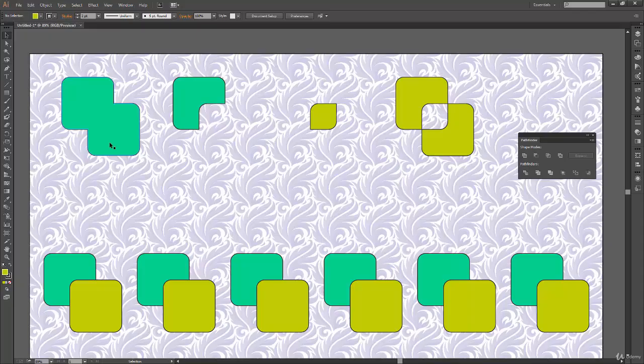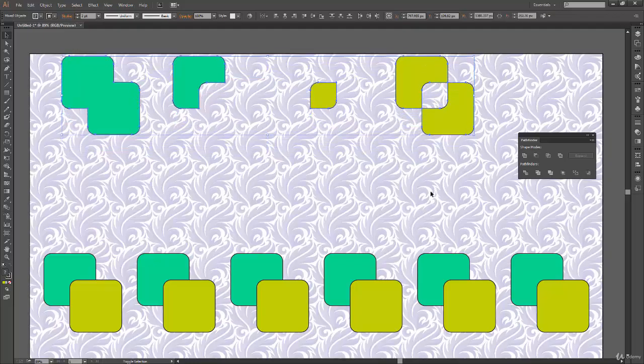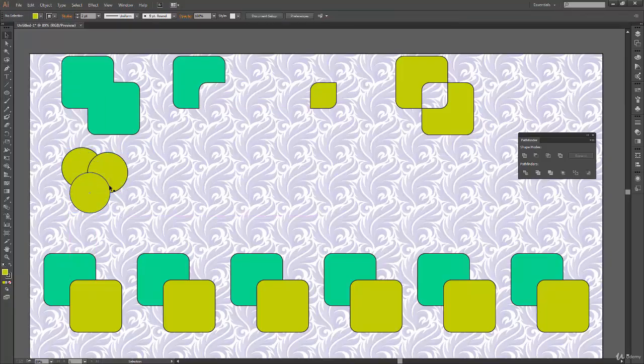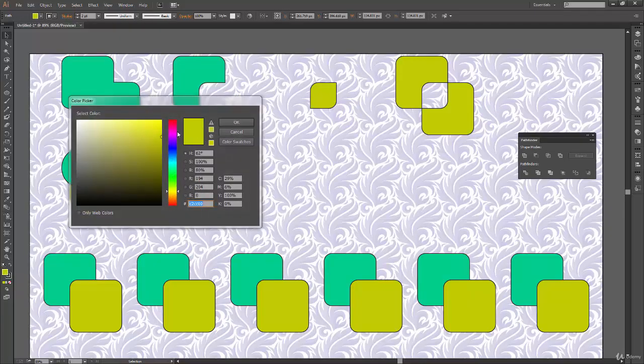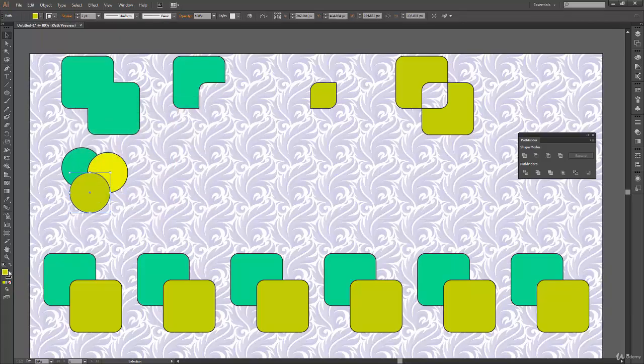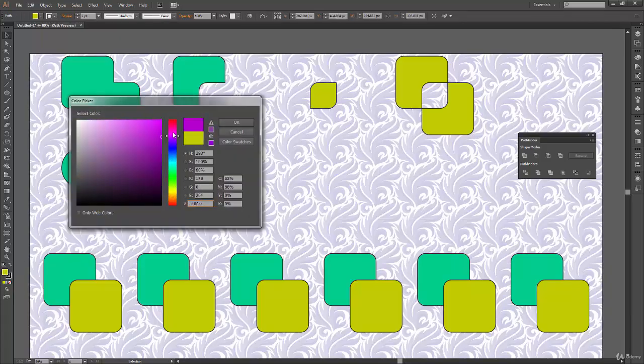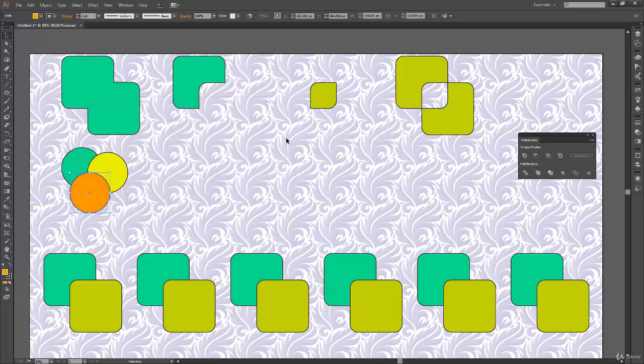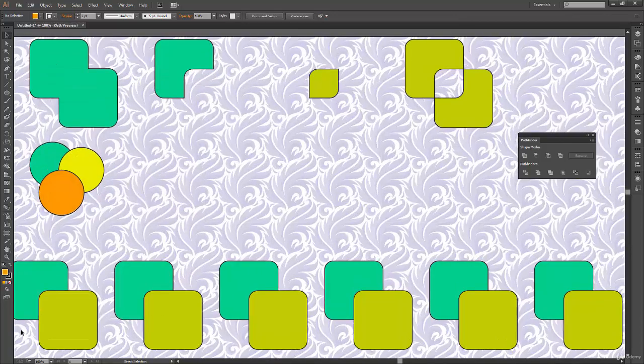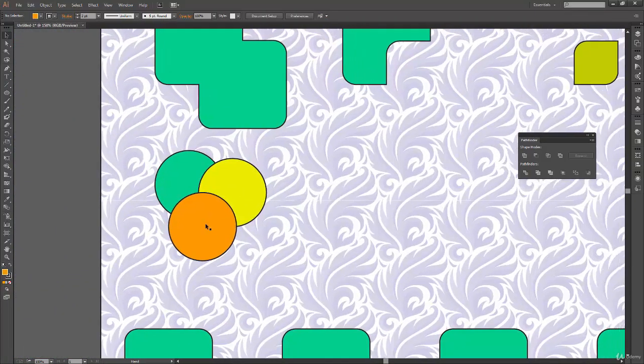So for that, let's create three shapes first. I'm just gonna move it a bit up. And here, instead of rounded rectangle this time, I will create three circles. So here I have three circles. Let's recolor them. So the backmost will be the green one. The second higher will be yellow. Let's make this yellow a little bright. Okay, and the top one will be, what do you say, should it be in orange color? I think orange looks good. Okay, so we have three circles now.